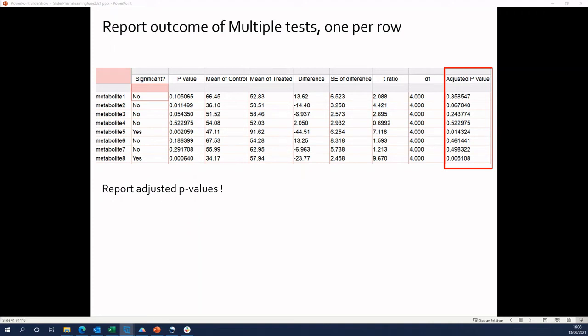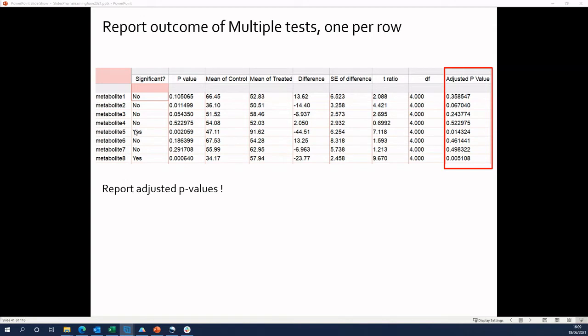So the outcome of this statistical analysis is a result sheet that shows the results for each metabolite. What is very important here, you need to report the adjusted p-value. So ignore this column, but only look at this. These are the multiple testing corrected p-values. If these are below 0.05, you can say that there is a significant difference between control and treatment for this